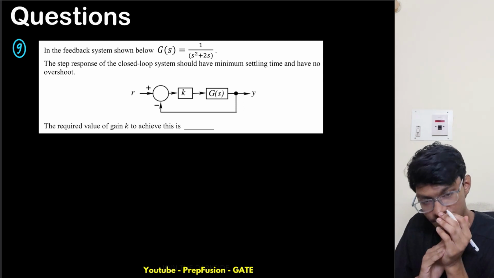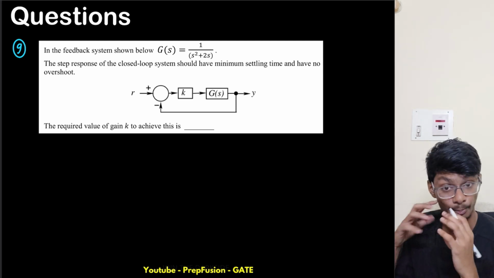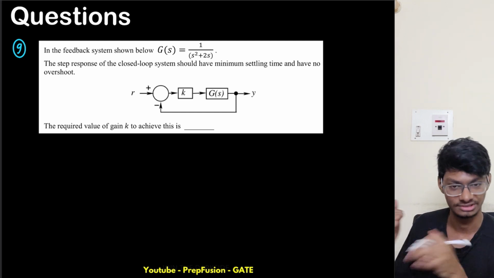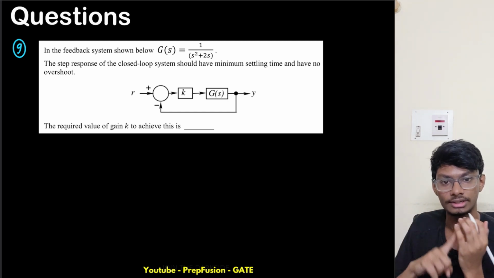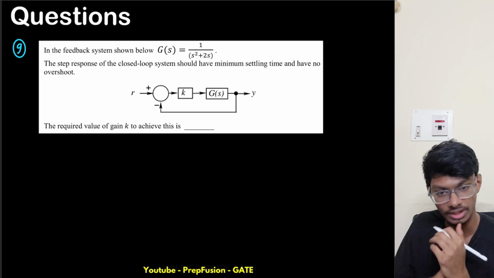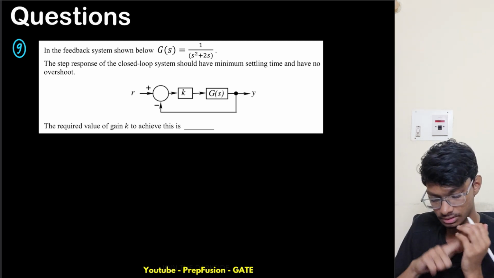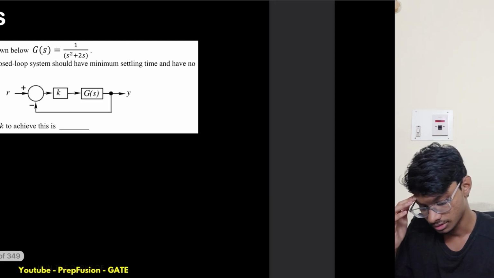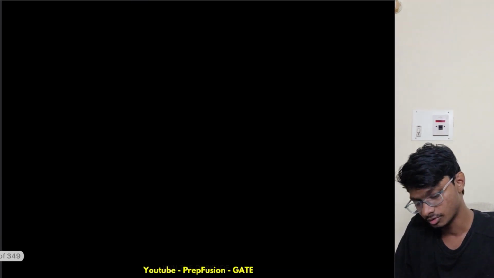So which damping provides us minimum settling time and no overshoot? We know this, right? Just a few seconds ago I told that critical damping will provide us minimum settling time and it will also give us no overshoot. So what will be the required value of k? The required value of k